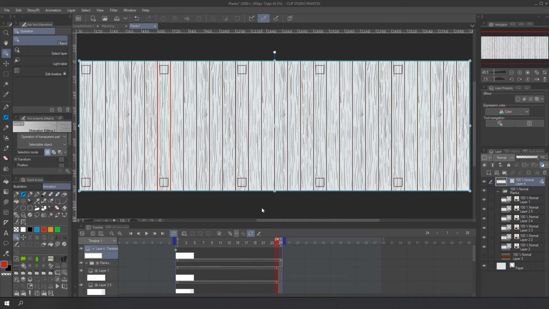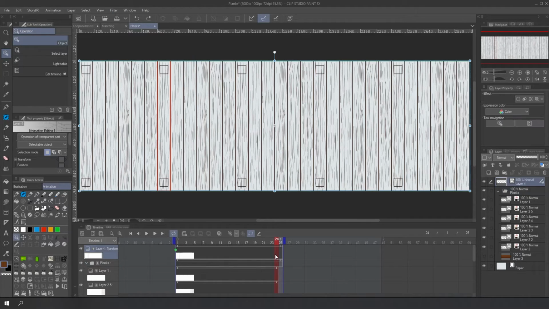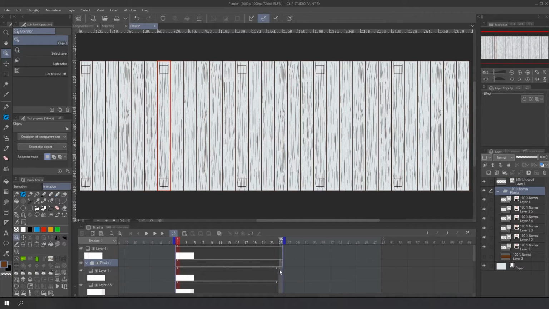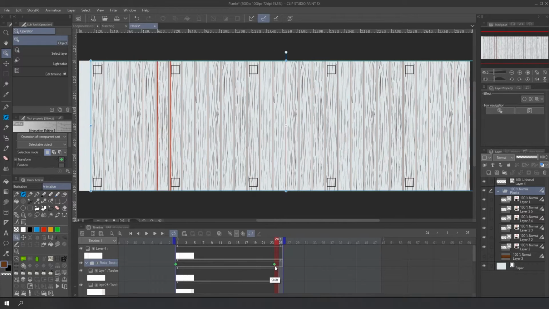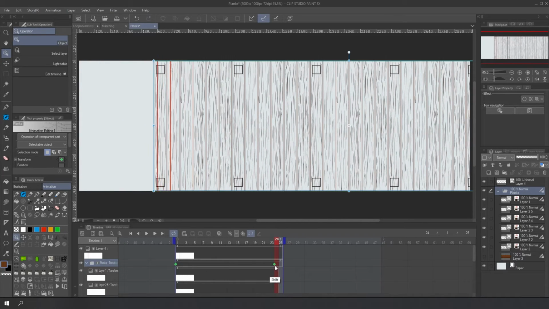To move the folder, you can use the arrow keys. If you press Shift, the movement will be 10 times faster. I made a mistake. It is the wrong layer. Now in the blanks folder, I activate again the enable keyframes and place my first key. And in frame 24, using the arrow keys with the shift pressed, let's start moving the planks until we match the red rectangle.